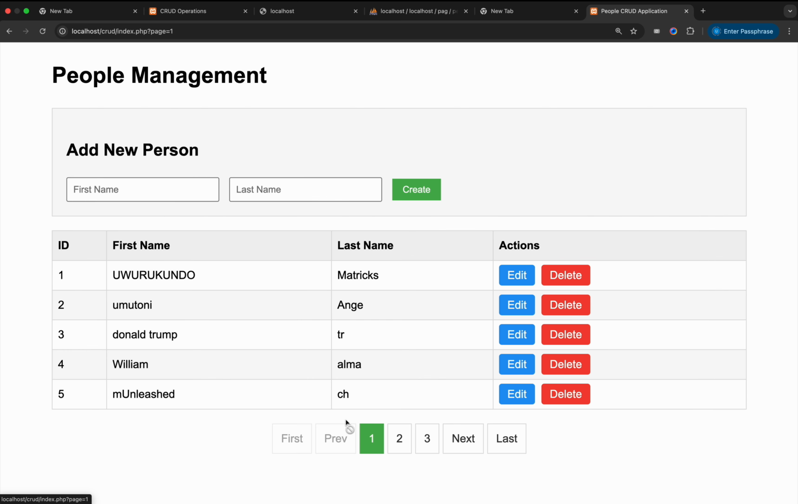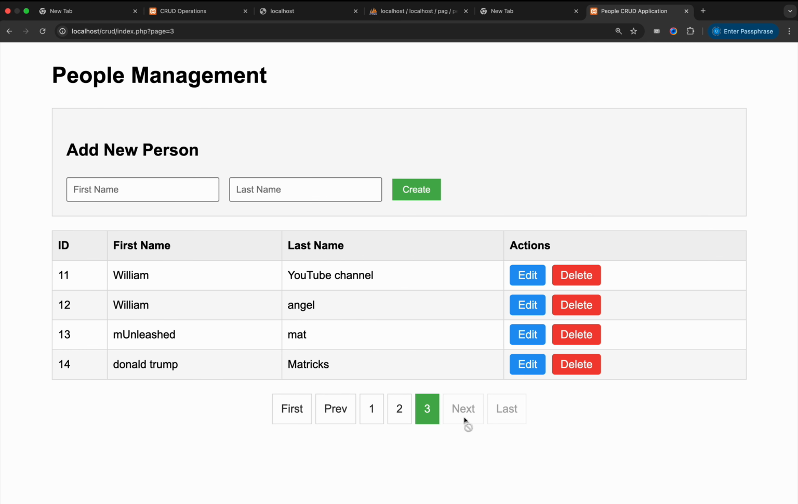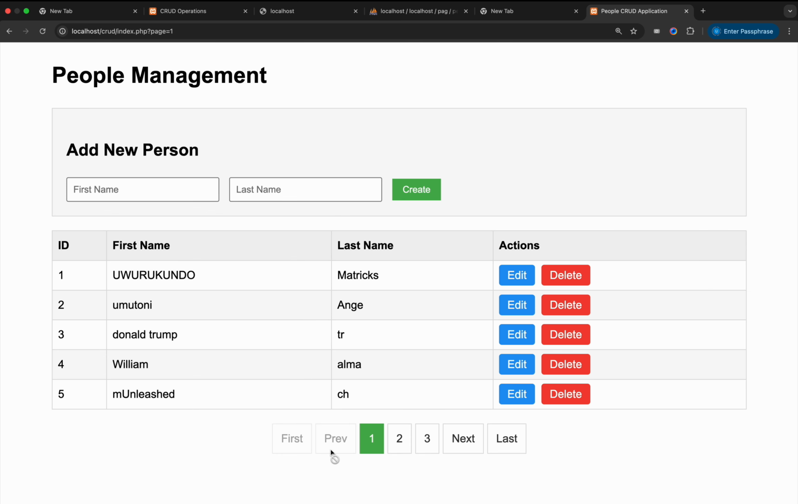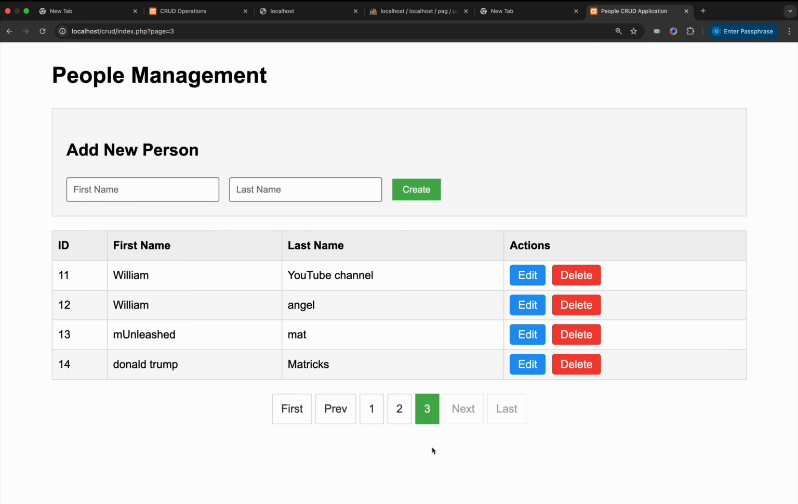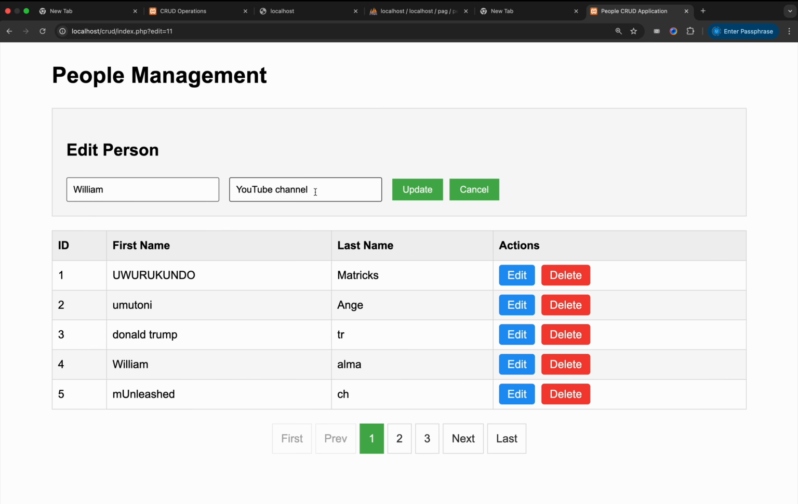You see guys, when you are a software developer, you can develop something that works like this. You can edit, then update, can delete. You see guys,